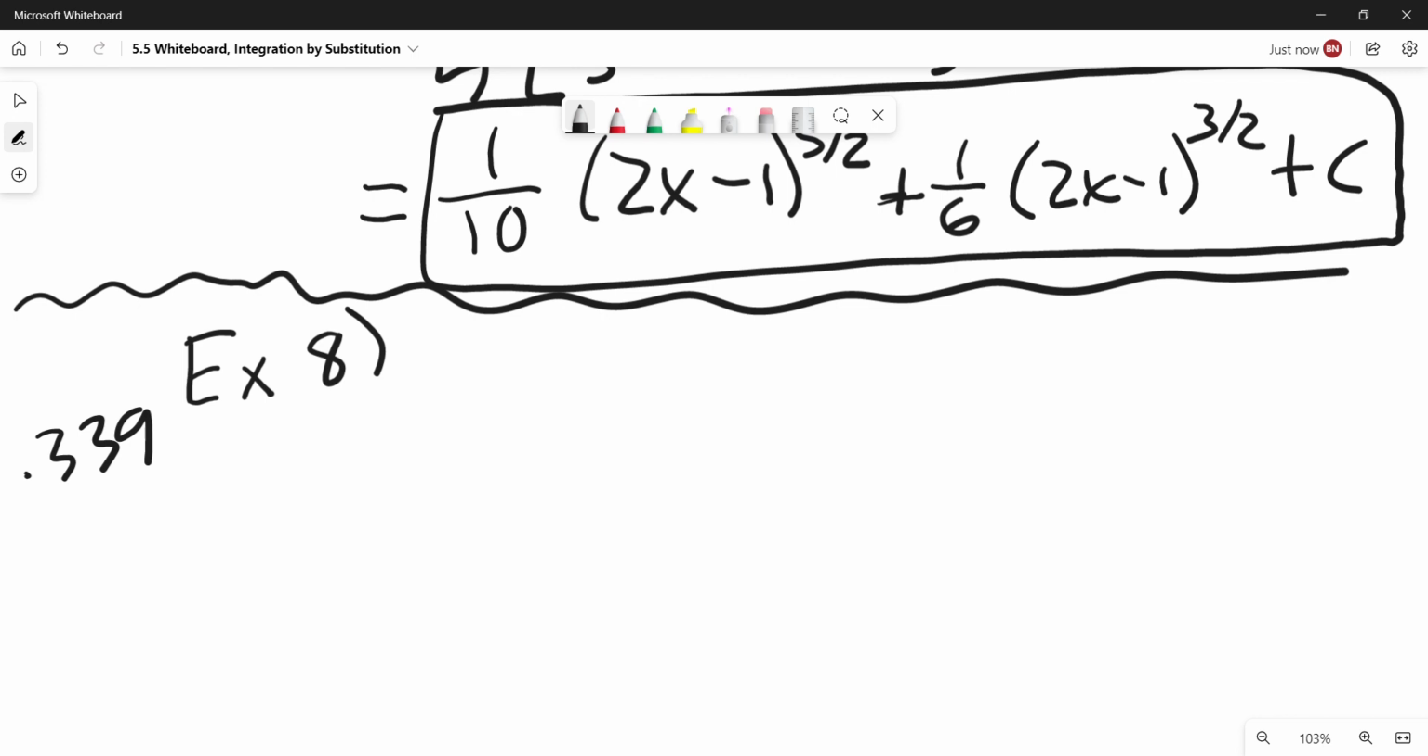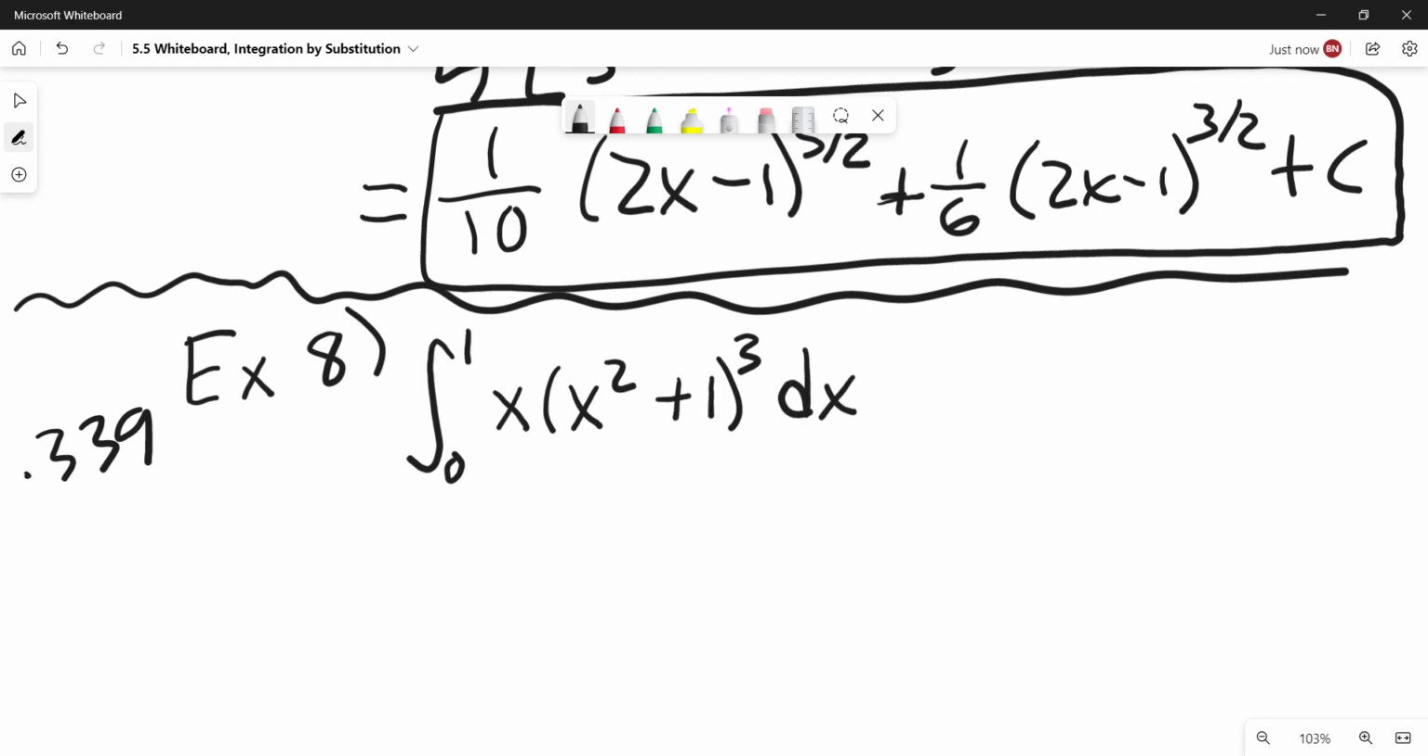Okay, so example 8, 0 to 1. This one is actually pretty simple. If I were just given this and given free rein of what I should do, hopefully you could fairly easily see, oh yeah, I could force the pattern here. Our u would be x squared plus 1. Our du dx would be 2x. Oh, it's only off by a factor of 2. Great. Put the 2 next to the x, put a 1/2 outside,